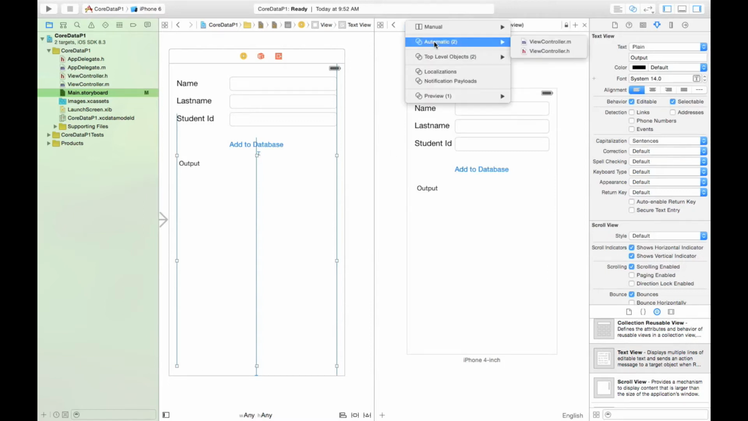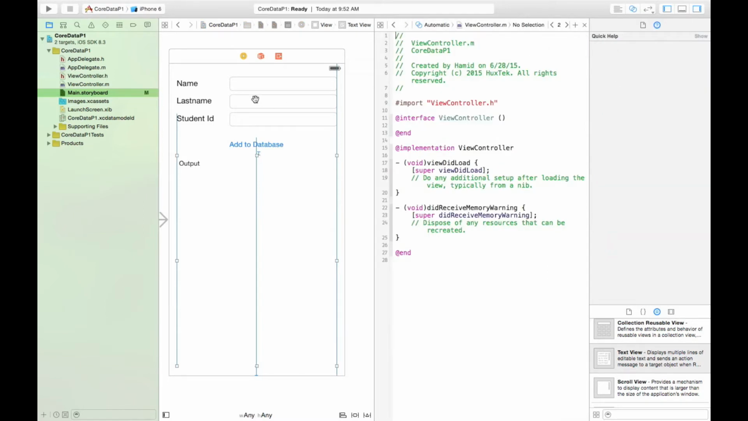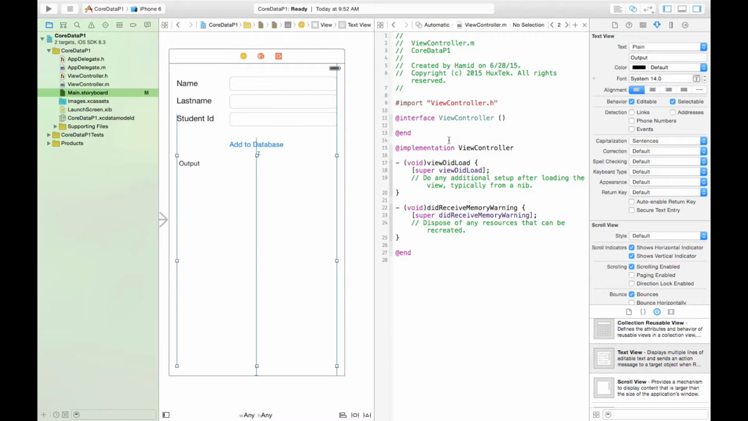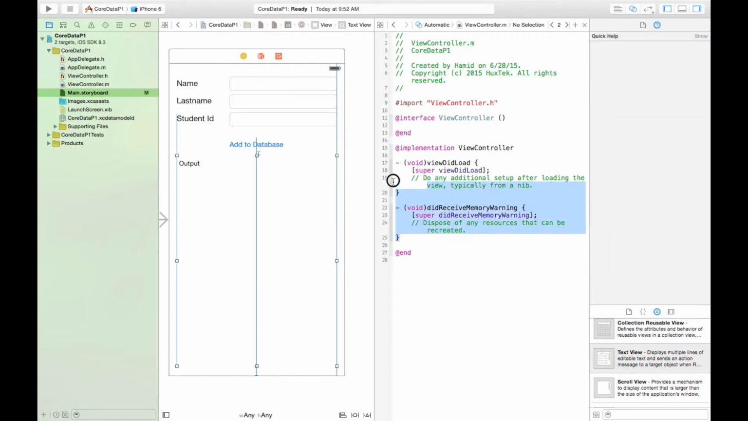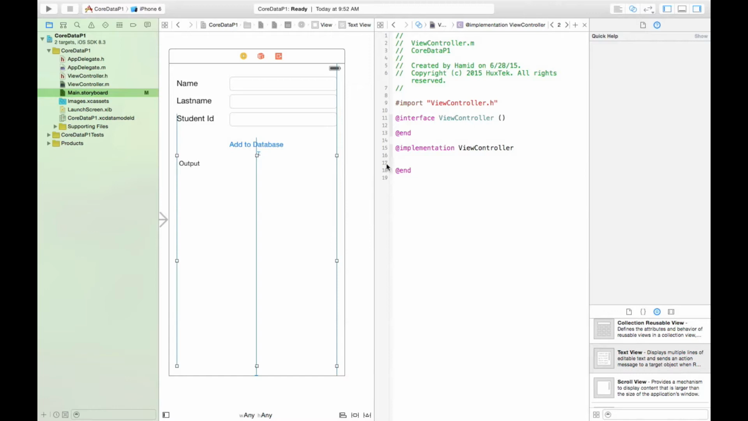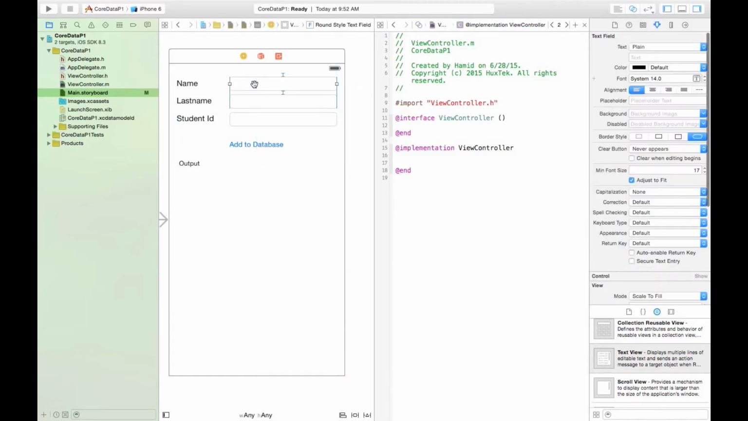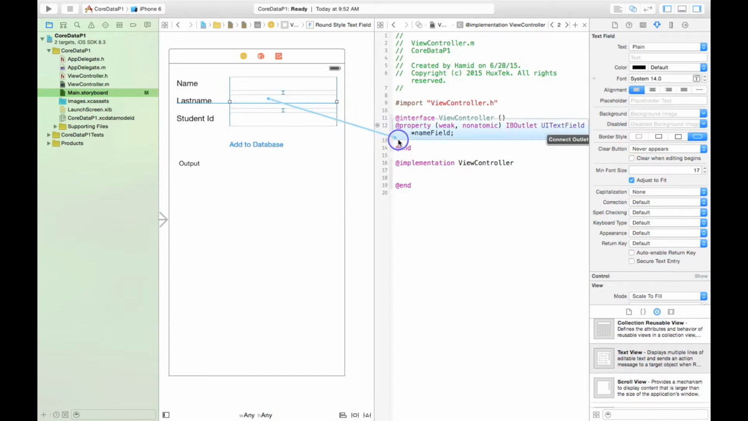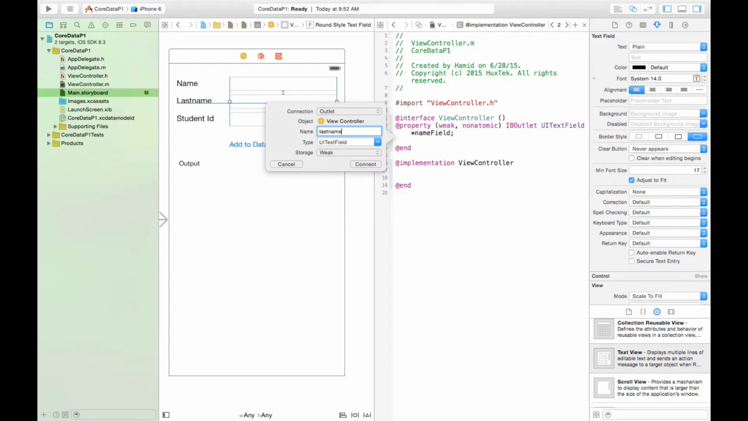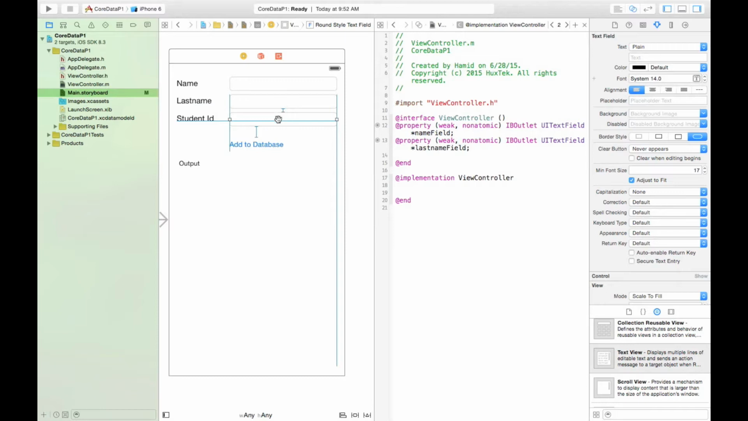We can go to Automatic and ViewController. This is the class of this view controller. So we just control drag. Let's just remove these functions. Control drag from the fields. This is the name field. I call it nameField. This is the last name field. I call it lastNameField. And this is the student ID field,